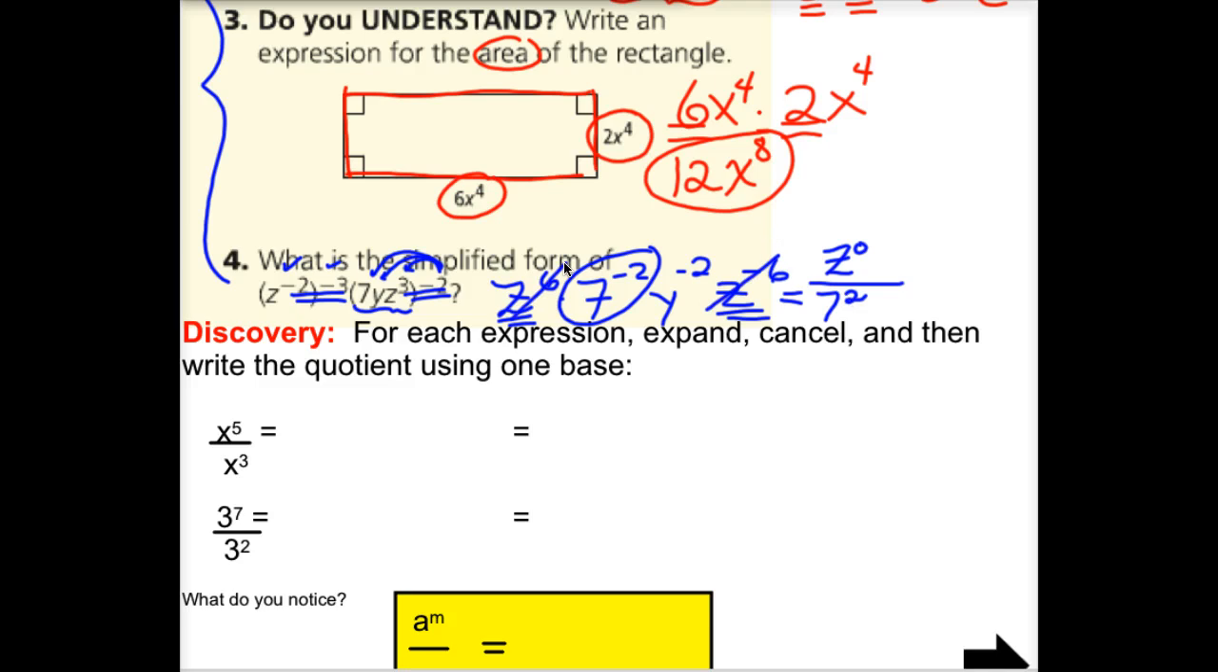I already dealt with these. And then I've got my y to the negative 2, which is going to give me a y squared on the bottom. Z to the 0 is 1. 7 squared is 7 times 7. So there's one route, but I'd like to discuss the other route, because some of you might have said,